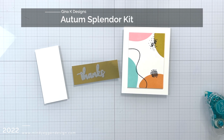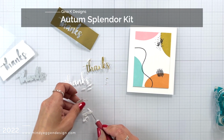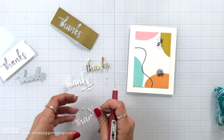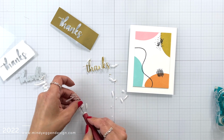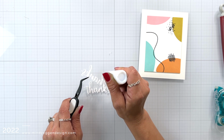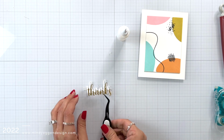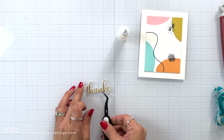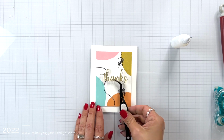The sentiment that I'm going to use for the front of this card is from the Autumn Splendor Kit, and this is the Thanks Word and Shadow die. I die cut the thanks from some matte gold cardstock and also 2 more times from heavy white cardstock, and then I'm layering those together with my Connect glue that I have in these mini glue tube bottles. I love, love, love these mini glue tubes because the tip on it is so fine and is great for